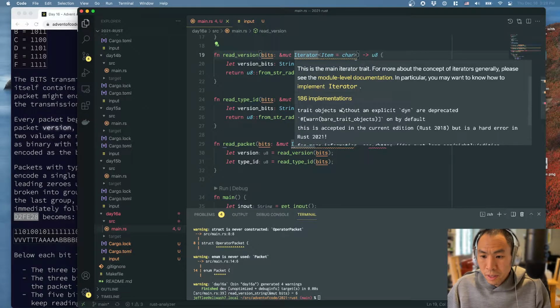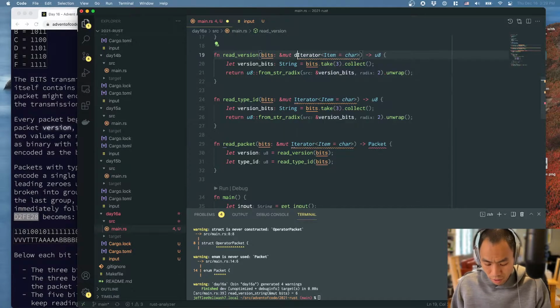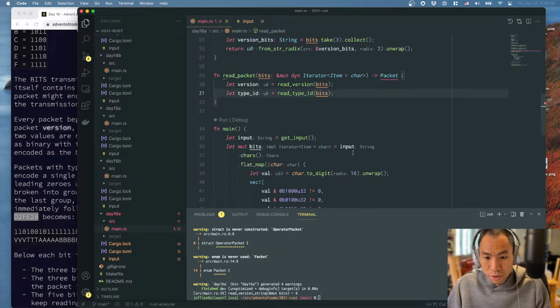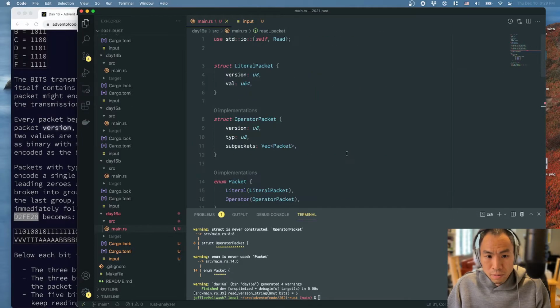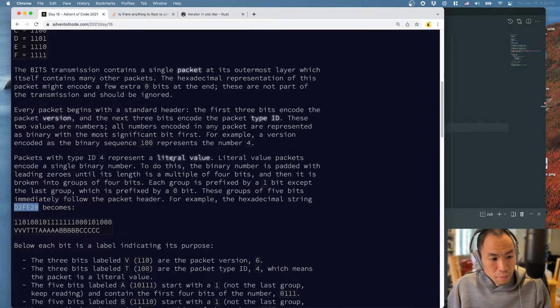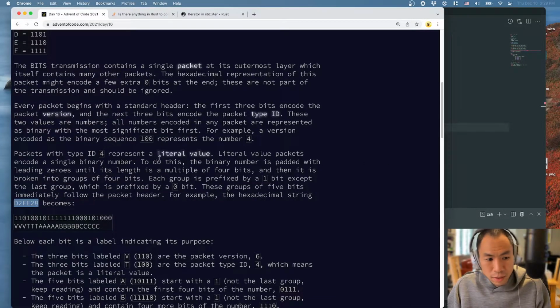Trait objects without dyn are explicitly deprecated. Is it mut dyn Iterator? This is just saying that we essentially have a fat pointer to an iterator. Okay, that seems to type check. We have a version and a type ID. Okay, so next,